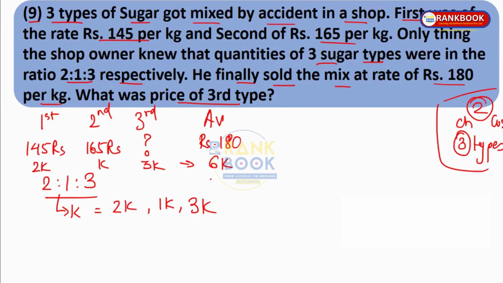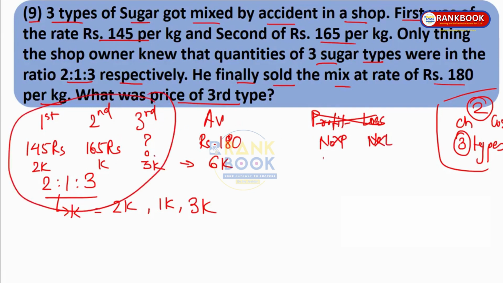They have not given if there is profit or loss or anything like that. In such cases, we should remember that if they have not given any profit or loss, we should always take this transaction as no profit, no loss. That means equal. So whatever would be the price of these would be equal to the price of this, right? That means whatever he spends on buying this, that would be the same amount he earns over here.